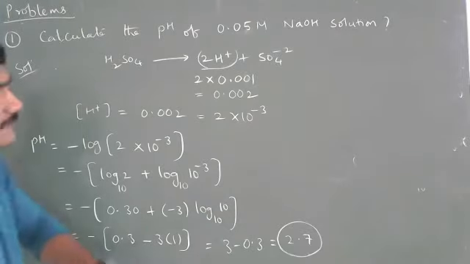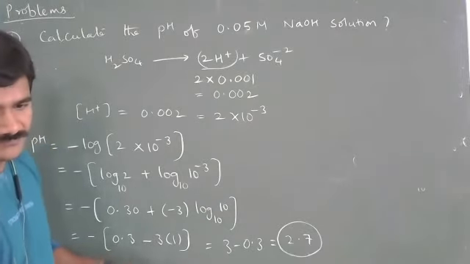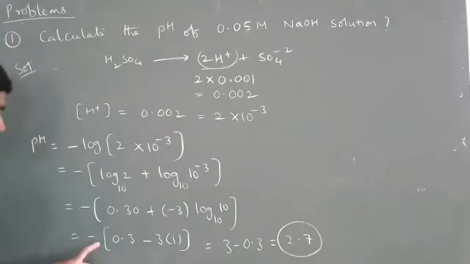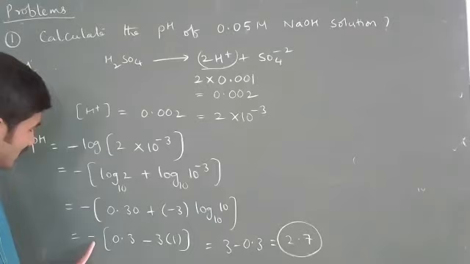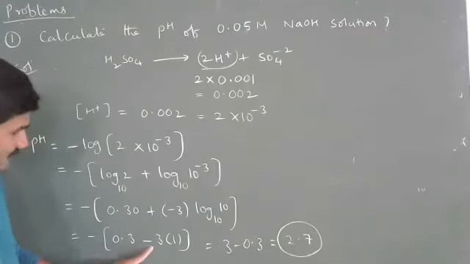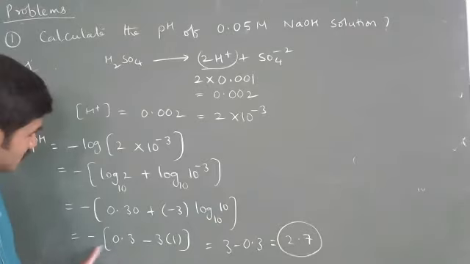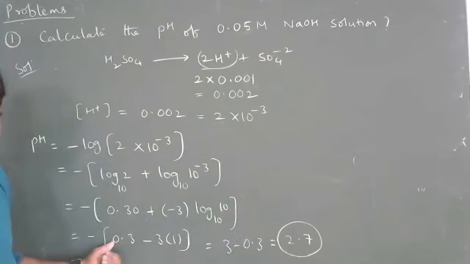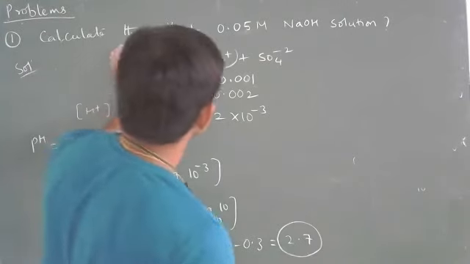So first find out the pOH. So how did you get 3.3? You have to multiply with minus. If you multiply with minus, minus into minus is plus, 3 minus 0.3 will get 2.7. You have to multiply with minus. So how does it become 0? We don't get 0. You see.